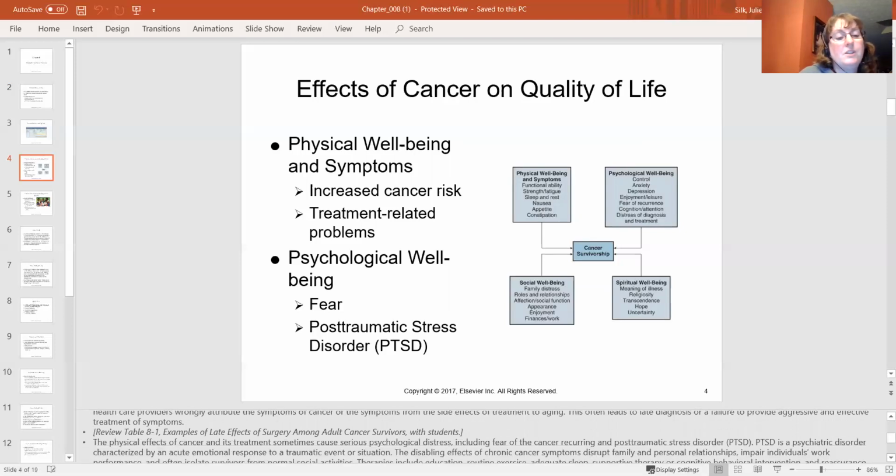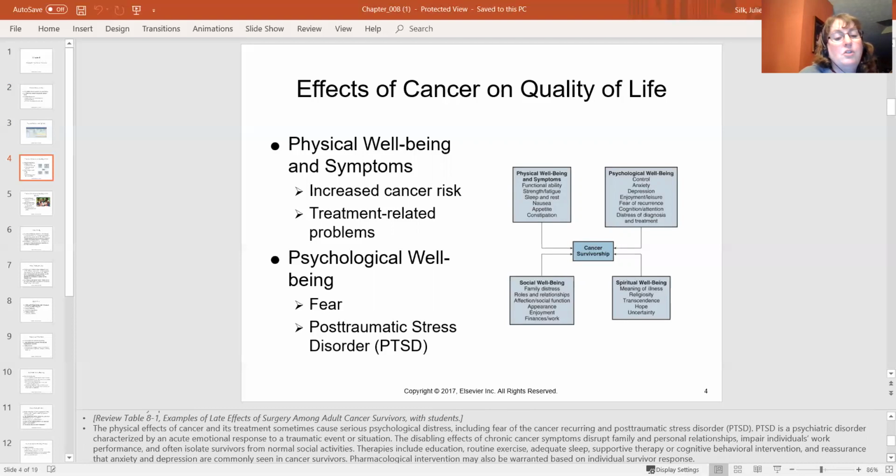The physical effects of cancer and its treatment sometimes cause serious psychological distress, including fear of the cancer recurring and also PTSD. PTSD is a psychiatric disorder characterized by an acute emotional response to a traumatic event or situation. The disabling effects of chronic cancer symptoms disrupt family and personal relationships, impair individuals' work performance, and often isolate survivors